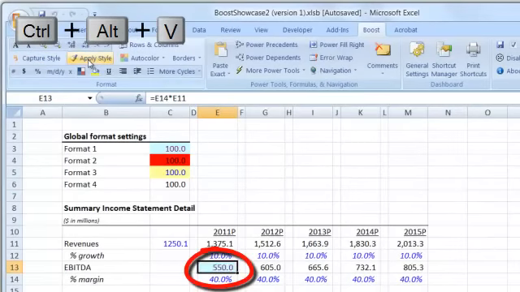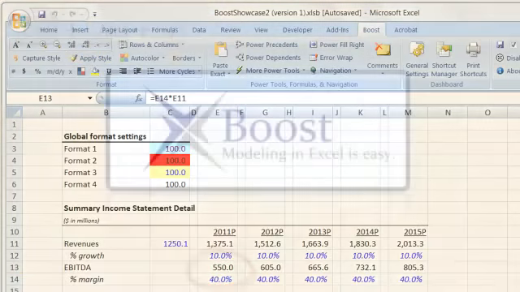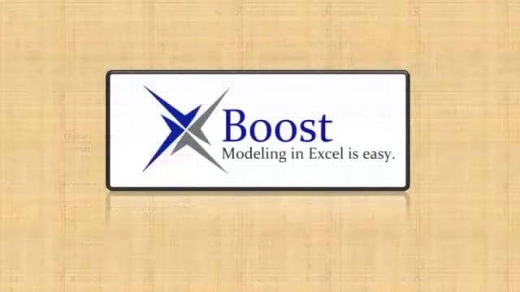Here, we see several formatting styles getting captured by Boost's paintbrush, and these can then be applied from a custom created cycle on any other cell or cell range. With over 40 customizable cycles and